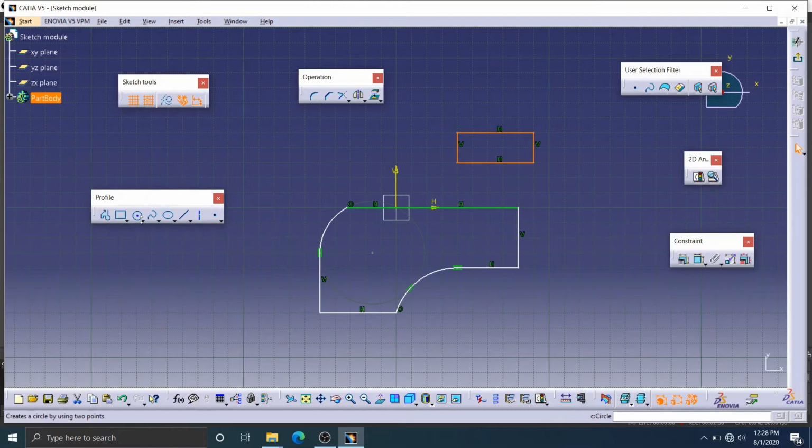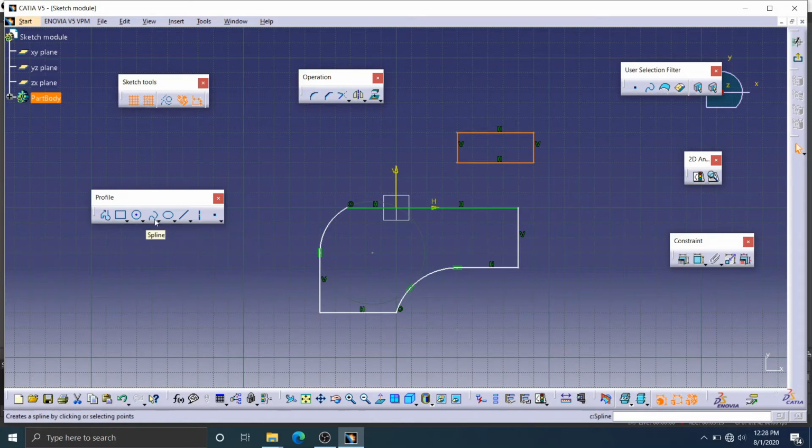And for the circle: center circle, three-point circle, circle using coordinates, tritangent circle, and three-point tangent arc.